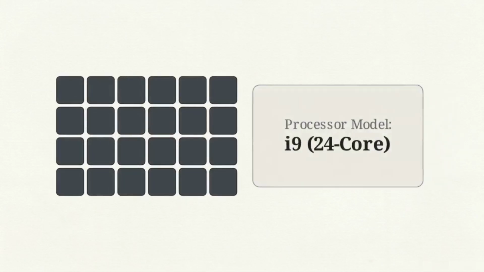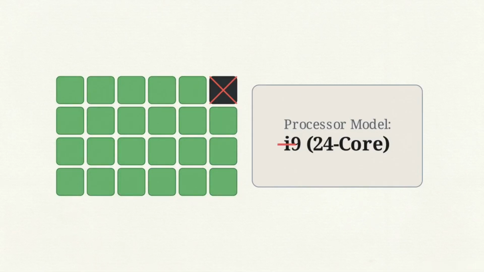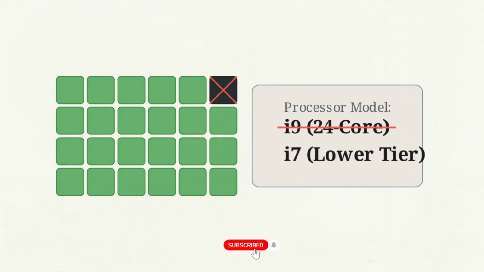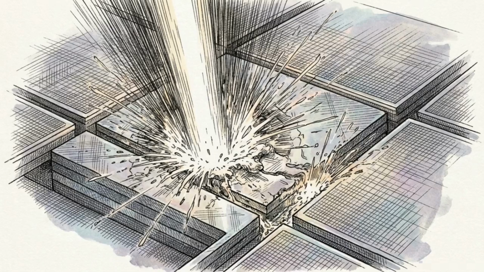This die matrix illustrates the process. If testing reveals a defective sector, that specific broken core is permanently disabled. The semi-functional chip is then down-categorized and sold to consumers as a lower-tier product, like an i7 instead of an i9. Once testing and binning are complete, the functional dies are extracted using a precise laser cut, permanently leaving the